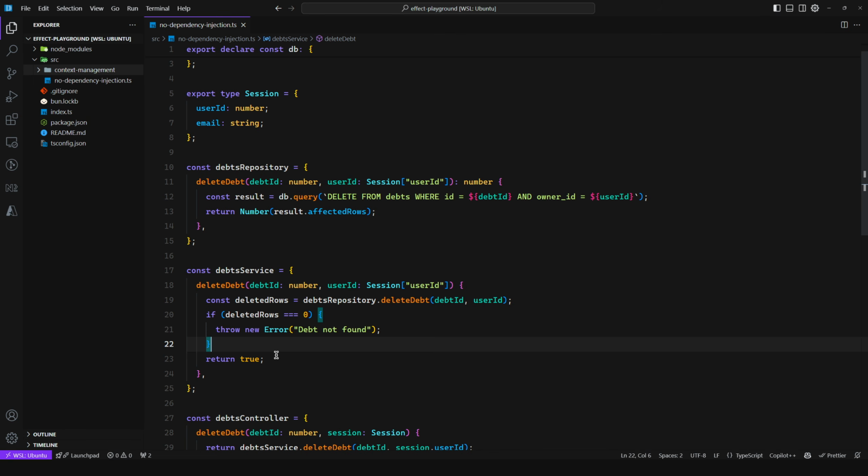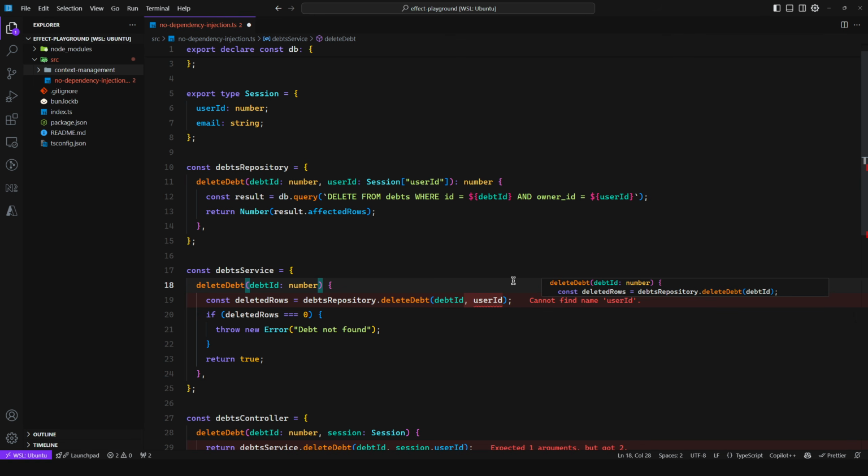So now we can start drawing a mental graph. We know that the DebtsRepository requires the session. So that's one service that we need to inject basically. And then we have the service for the database. So we need to also provide or inject the database driver. And finally, the DebtsService needs to consume also the session to pass in the session. But in this case, we can get rid of this altogether because we know that this is now accessed via dependency injection. But we need to provide the service for the DebtsRepository because this should also be something that should